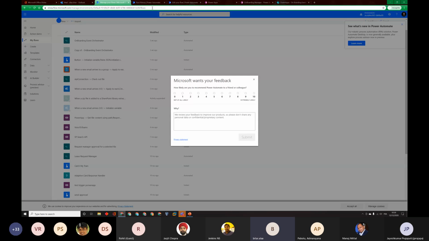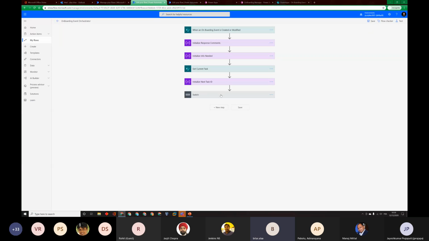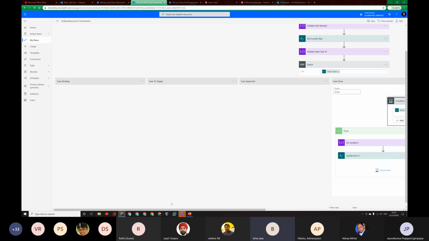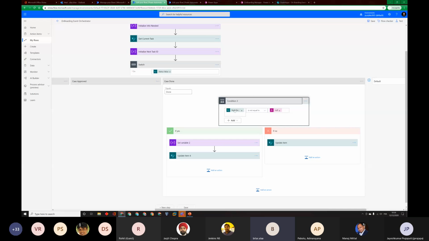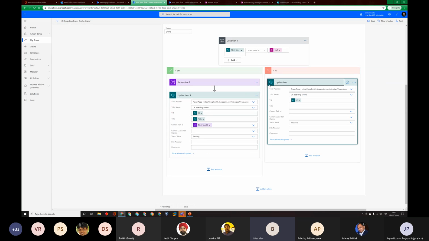In my onboarding event orchestrator, every time I go to the case done, I check if there is another task ID from this task. If yes, go and update the current task to pending with the next task ID, or update it to finish. Because if the current task doesn't have a next task ID, it will just change the status to finish, and the process is done. But now I've updated the status to pending, so